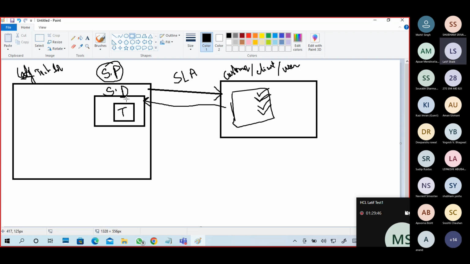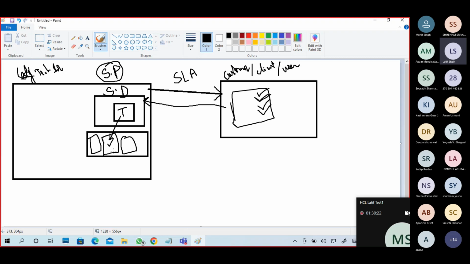He will create a ticket. There is a team working in different technologies, that's what we discussed before. Different technologies: server related, network related, like that. Depending upon the customer requirement or a reported issue, the ticket will be assigned to that particular team. There are also service desk analyst people only. So this will be issued to different teams.